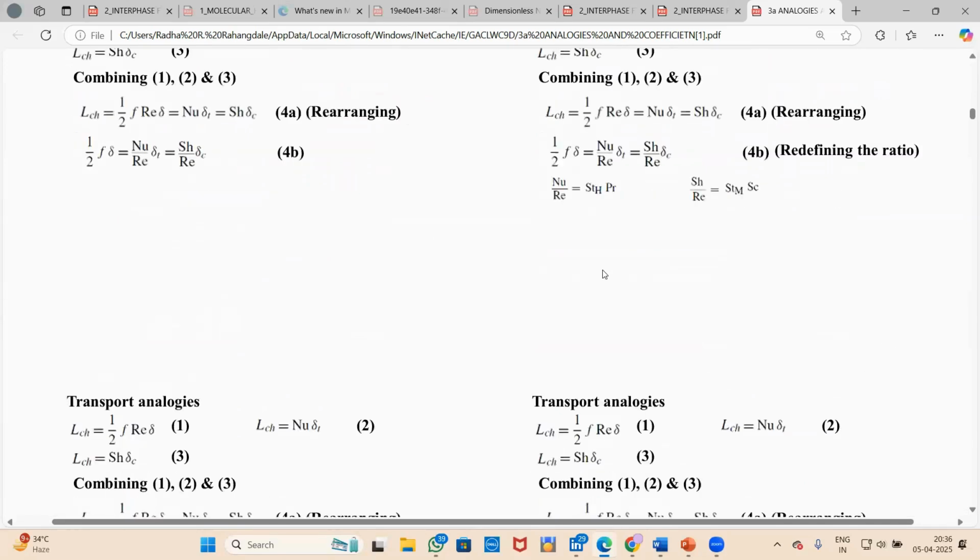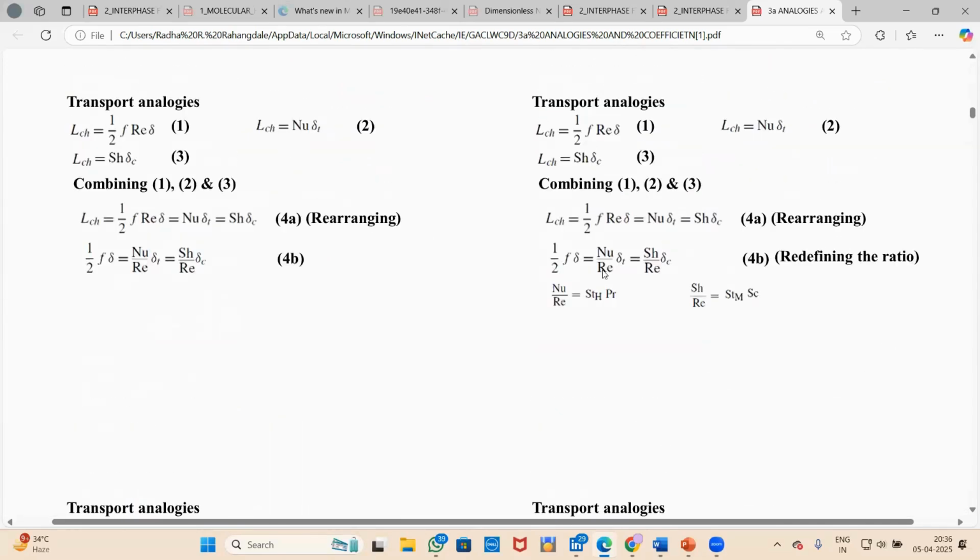On rearranging this equation and dividing by Reynolds number on all three sides, we get half F delta is equal to Nusselt number upon Re into delta_T is equal to Sherwood number upon Re into delta_C, where